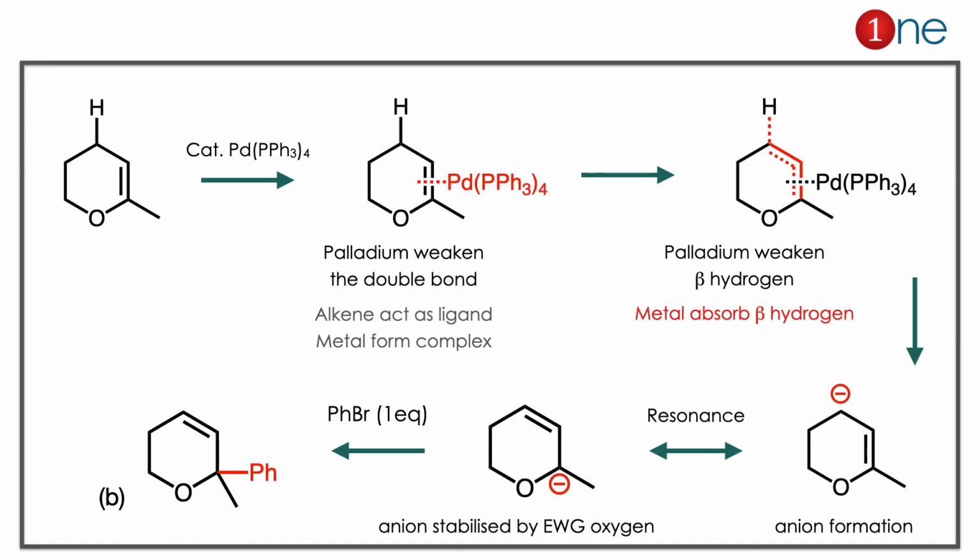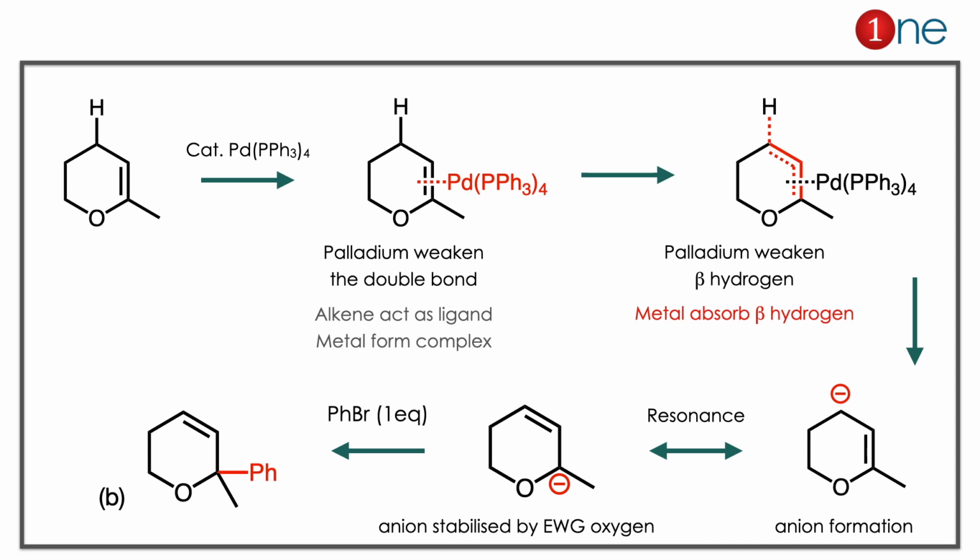The starting material has an alkene, and you are using palladium phosphine. What really happened is the palladium weakened the double bond there. It's a kind of interaction between metal and ligand. So palladium weakened the double bond. Next thing, you have hydrogen. Whenever there is a metal with the system, it always tries to abstract the beta hydrogen. So the beta hydrogen is also weakened there. 3 carbon and hydrogens are weakened there. So you have the proton abstraction in the beta position, you have the anion. But the anion can be stabilized by the electron withdrawing oxygen. So the anion comes into the second place. So Ph minus or Ph plus attacks the second position. You have the product B.